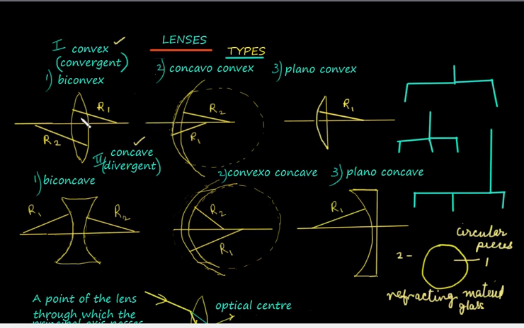We already said that there are two types of lenses, convex and concave. The convex lens will have surface 1 and surface 2 bulged out. The central portion will therefore be thicker than the margins. Whereas in the case of a concave lens, the central portion is thin because the two surfaces are curved inward. The margins will be thicker and the central portion will be thin. Now that you have understood these two diagrams, we will proceed further.